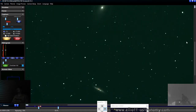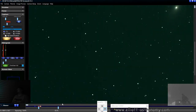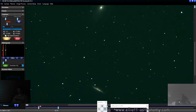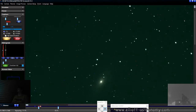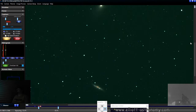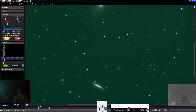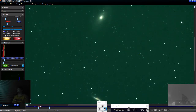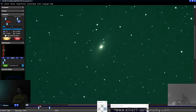I still got to get that, what is it? The field flattener fixed because it is horrible on the ends. But the stars in the middle look pretty good. Yeah, stars in the middle look... It's a tiny, tiny, tiny bit out of focus. I thought I focused this really well, but...